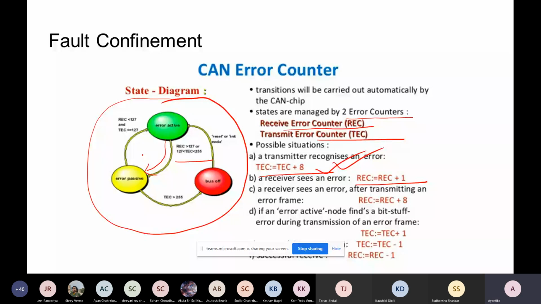If it checks and identifies that now TEC is less than 127 and REC is also less than 127, that indicates minimization of some possible error. Then this node will move from error passive back to error active state. If that is not the case, that means if the situation is getting worse and this state is again